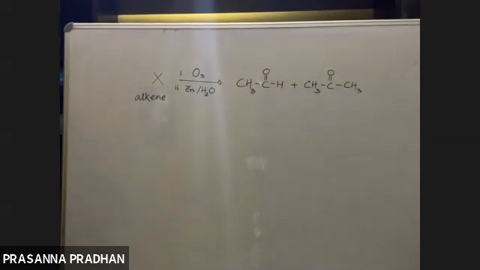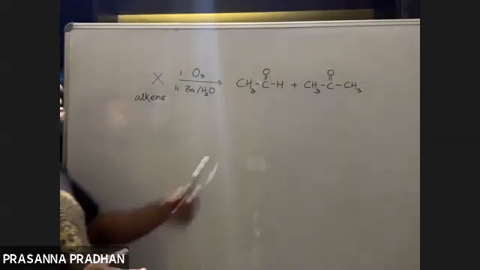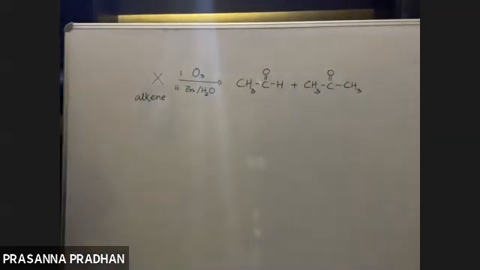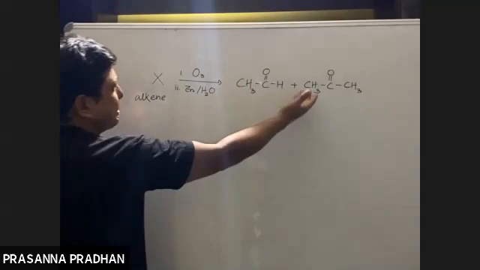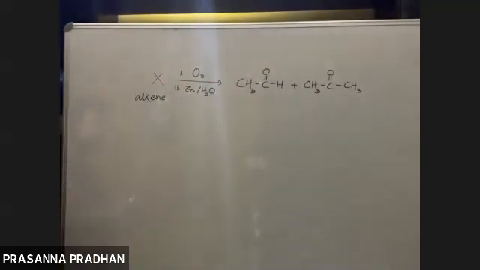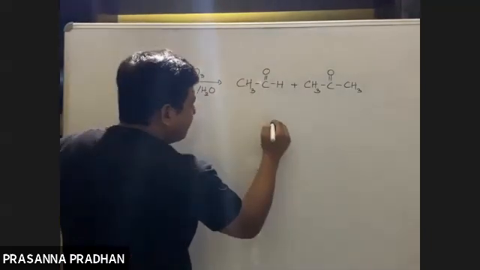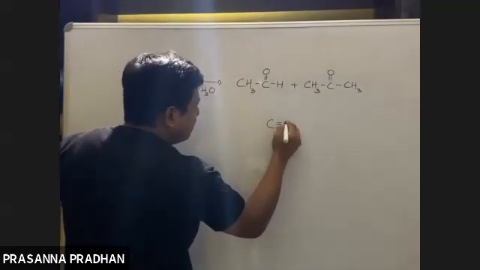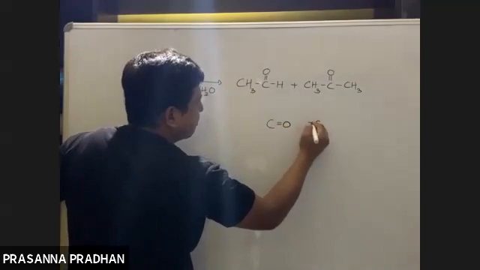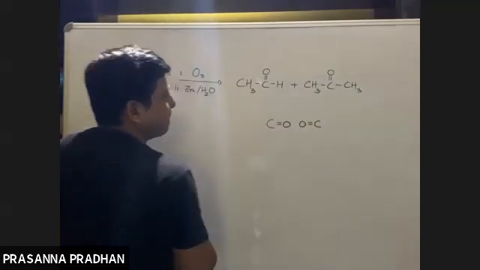Now here we'll think of something opposite. When the products of ozonolysis are given, how are we going to predict the structure of the starting alkene? If the alkene is given, we can easily predict this. I have taught you, right? Now we will do the reverse. First we'll write down the products. We'll write down the two products in such a way that the CO groups of both carbonyl compounds face each other.